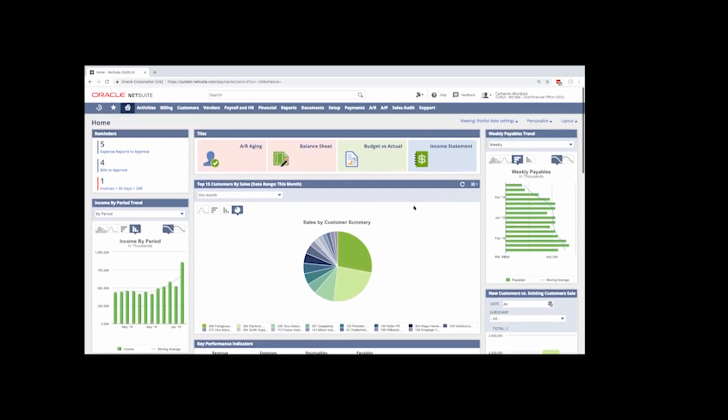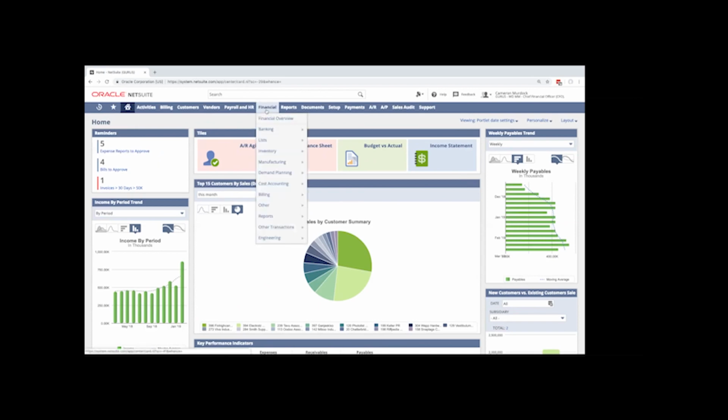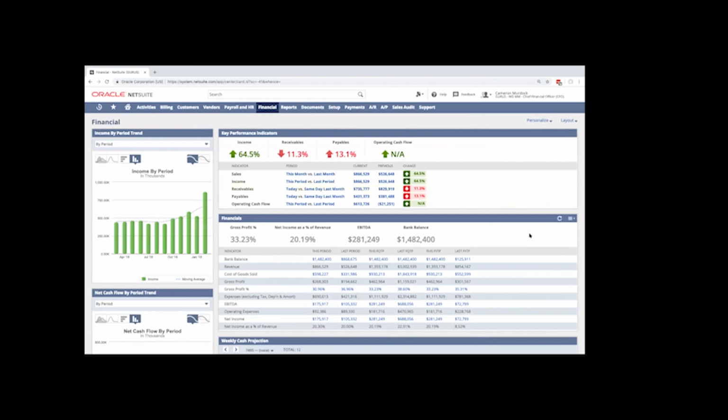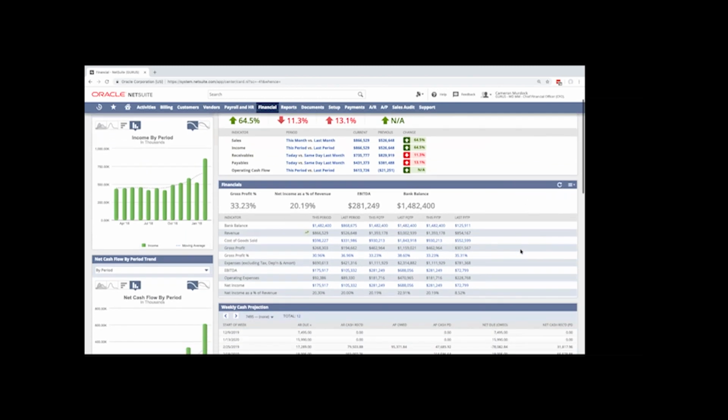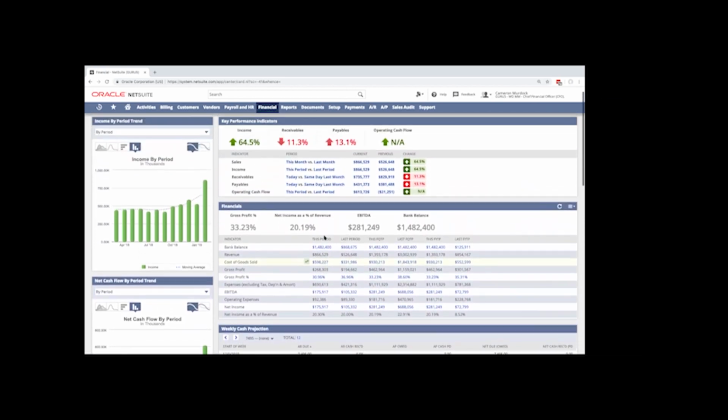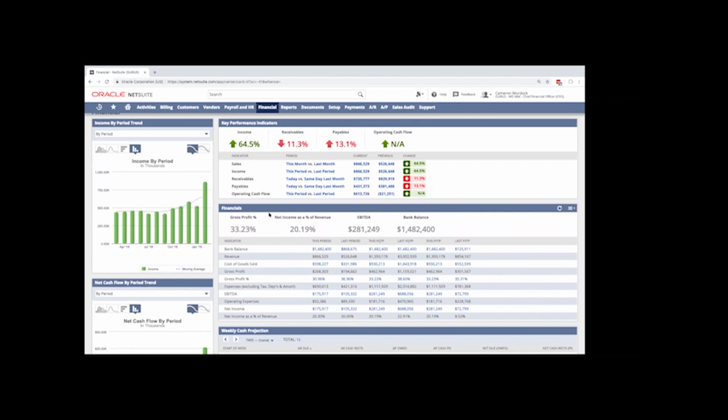Now, we can look at other centers that are pre-configured with financial metrics or other dashboard links for us. For instance, the financial center might be somewhere that we want to put other financial metrics, maybe some KPIs, and we have some of the similar metrics as well, like the weekly cash projection here. And when we look at the financial metrics in the middle, this is pre-configured to look at this period, last period, some fiscal quarters to period, and the last fiscal quarter to period.